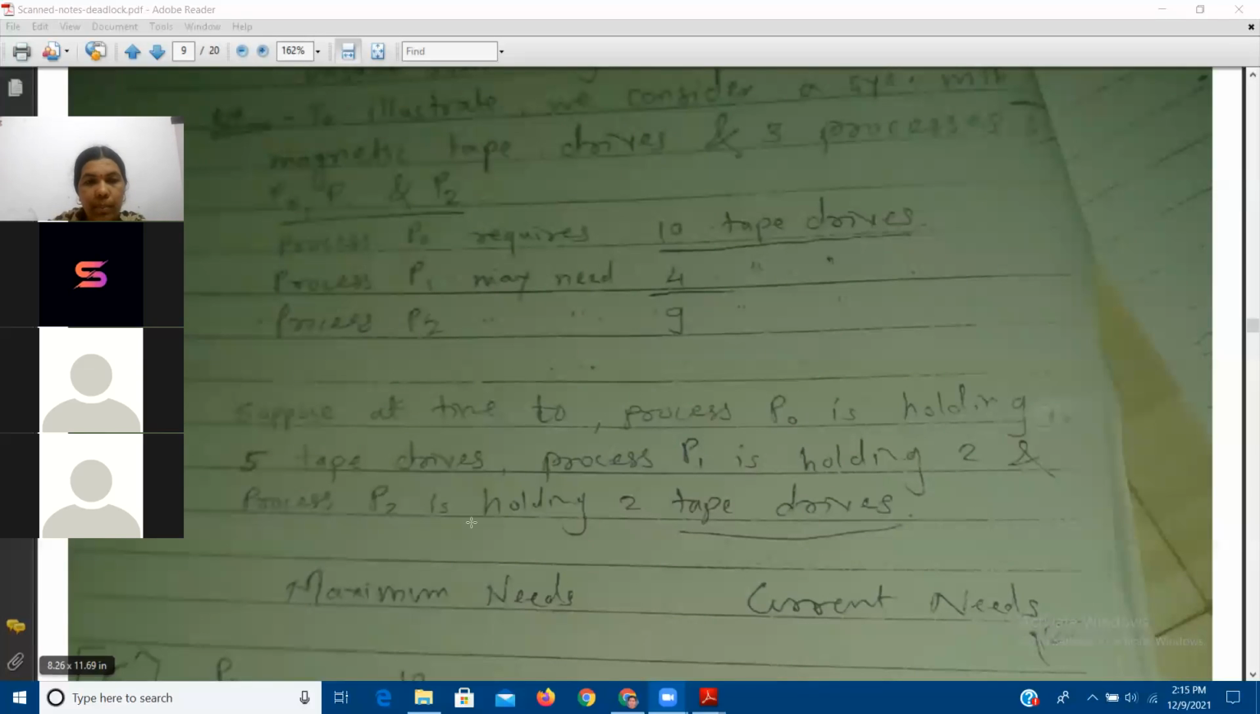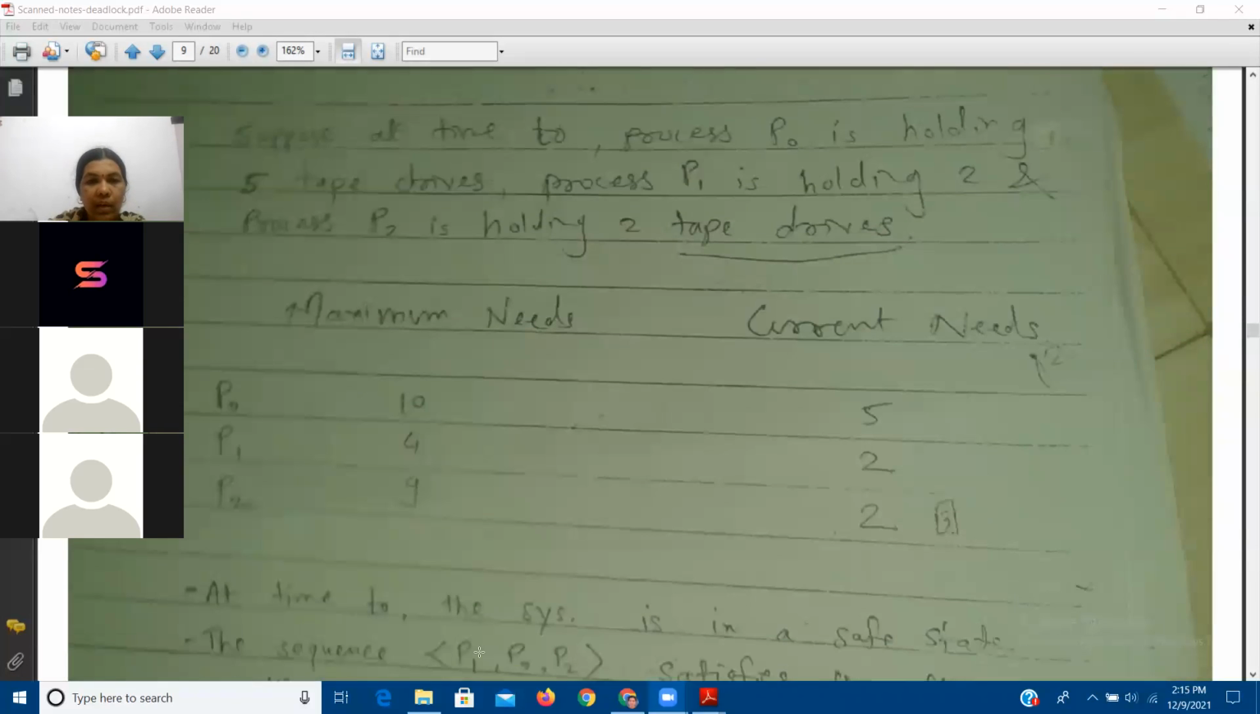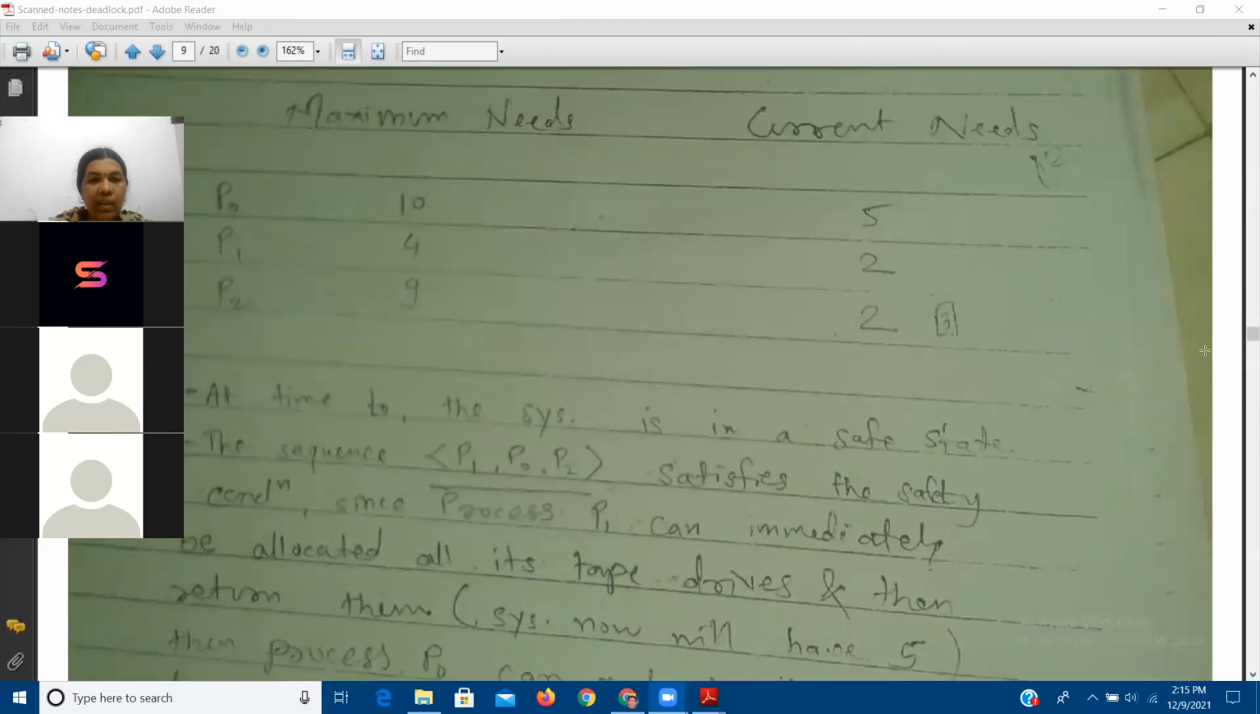Okay, note down this example. And here we have noted it down: number of processes, maximum need of each process, current need of each process, total number of available resources with the system. So out of 12, total 9 are allocated currently and 3 are available, and accordingly we determined the safe state,